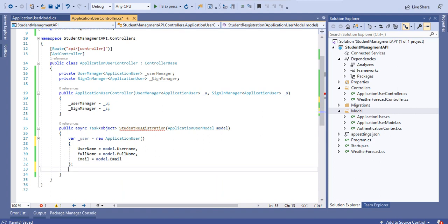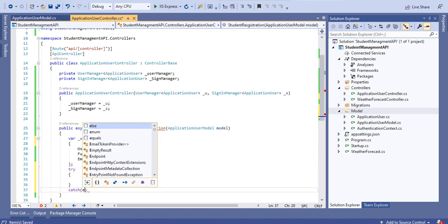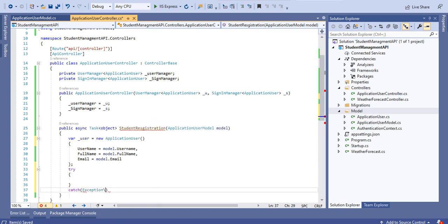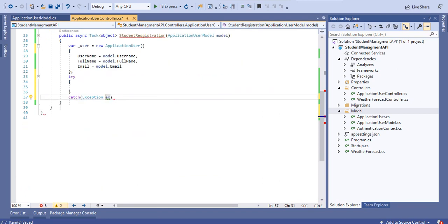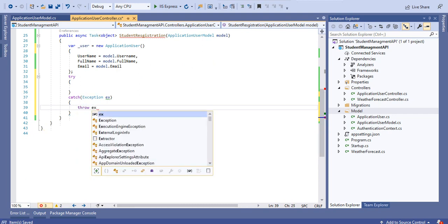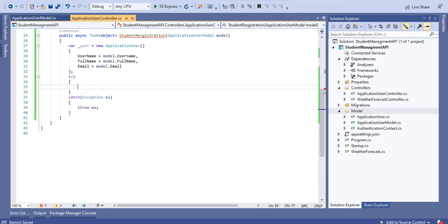Here now let's take the try catch block, so it will be good to handle the exception. Let's take the exception here, and I'm going to create an object of ex, and inside this one let's throw this exception. Inside this try block I'm going to take var result equal to, since I'm using the async method here, async and Task, we have to use await, and userManager